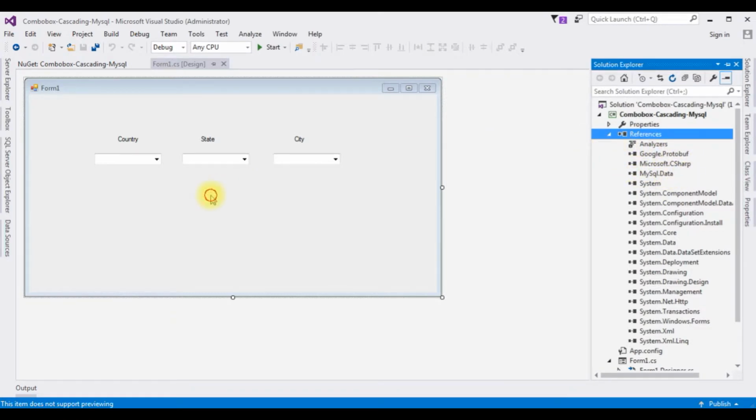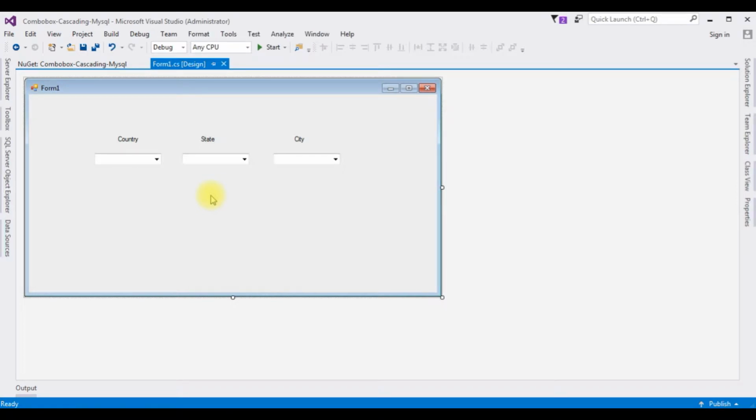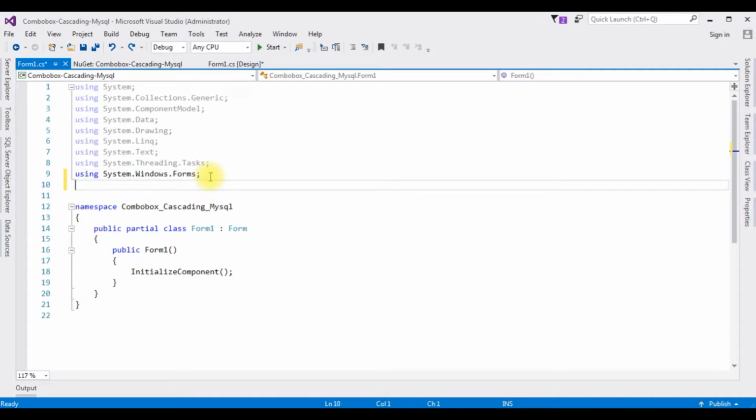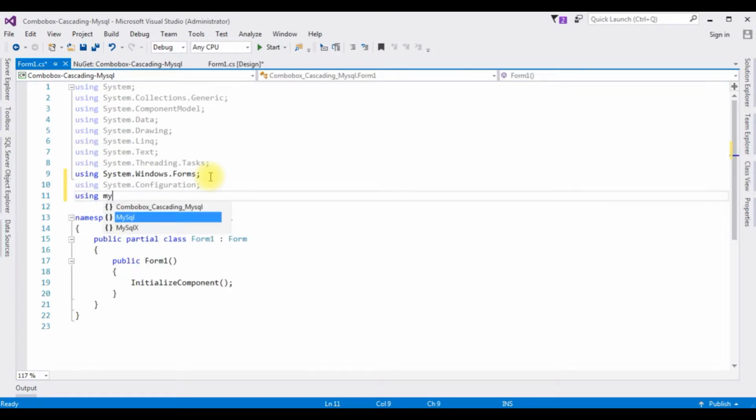Let's start the coding part. Press F7. In the code behind, I'm adding the namespaces: using System.Configuration, using MySql.Data.MySqlClient. After adding these two namespaces, the next step is we need to add the MySQL connection string